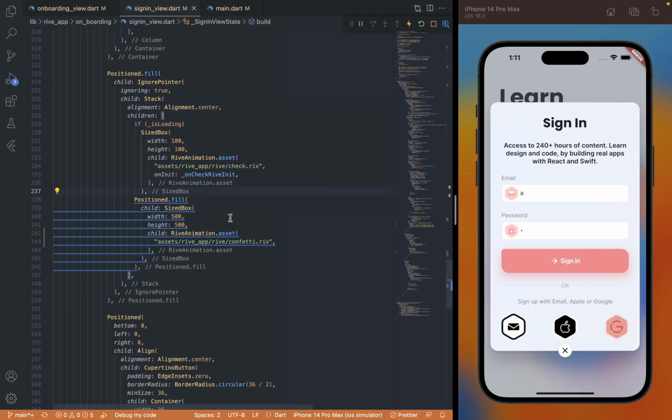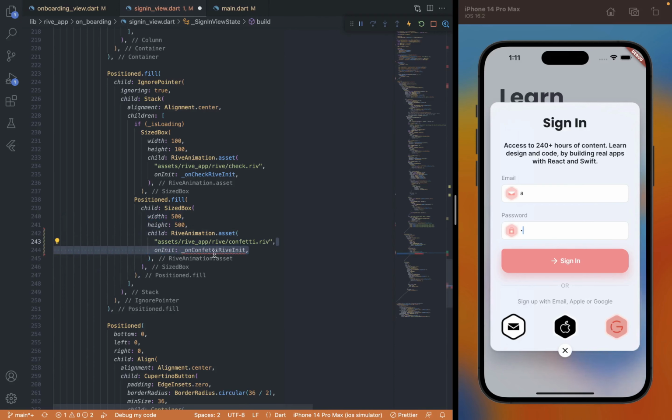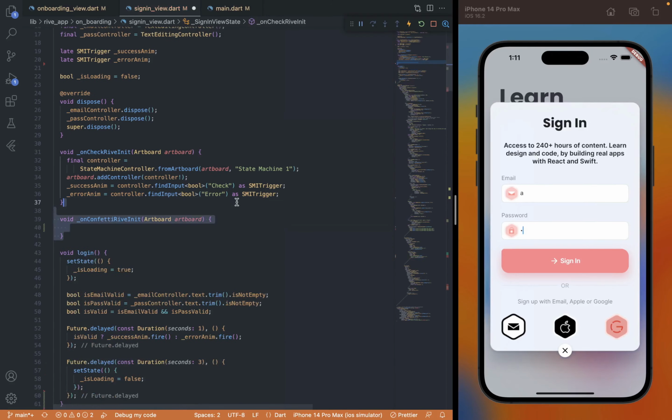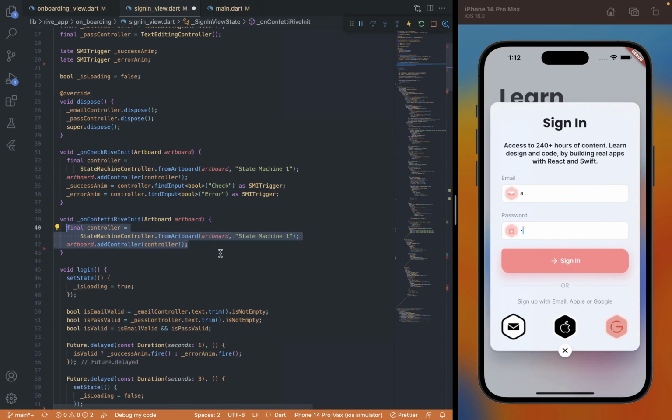So now the next thing is, in order to use this, we need a reference to this animation. So we're going to do the same thing as we did the check animation. We're going to use the callback on init, and for that we're going to need to create this function. So let's go back to the top, and I'm going to create this function, and inside this we're going to do the same thing as we did here, getting the reference to the controller from Artboard function from this class, and passing it the Artboard that we got from the param and the state machine name,